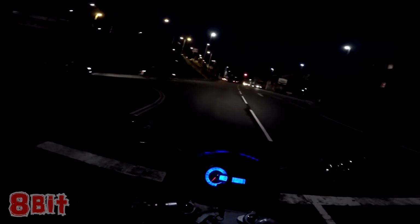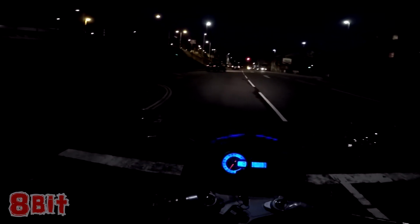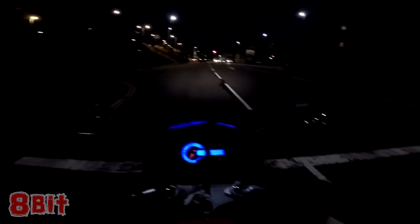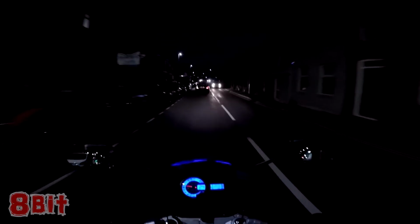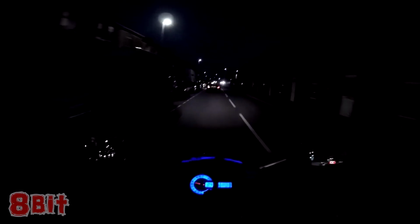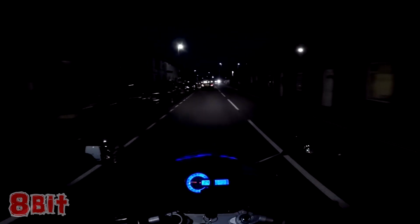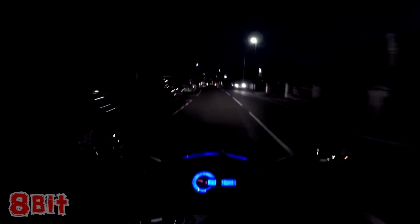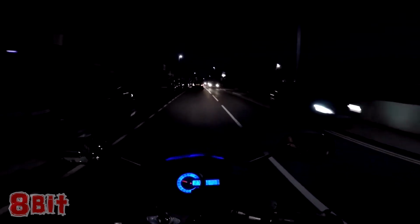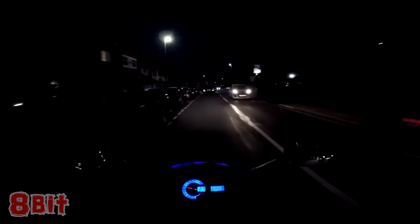I'm not sure how loud it's going to sound with the microphone because it picks up quite a bit, to be honest, and hopefully it's not terribly loud for you guys, even on quiet. That's my first impression of the Freedconn TCOM OS Bluetooth